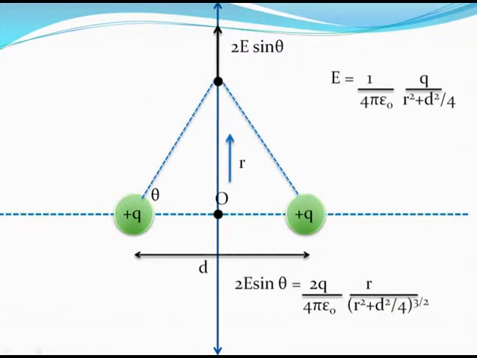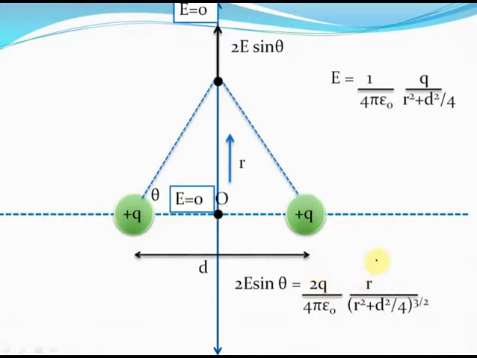Again, you don't need to remember the value of this field, but just get the logic, just get where this value of the electric field is coming from. Now there's a fascinating fact that you can associate with this electric field. You see, when there are these two positive charges and when the electric field is this expression that you see on your screen, this electric field is actually zero at the origin and at infinity. Can you make that out? After all, when you put r equal to 0 in this expression, 2E sin theta, clearly 2E sin theta is 0. Similarly, when you put r equal to infinity in this expression, again this expression is 0.